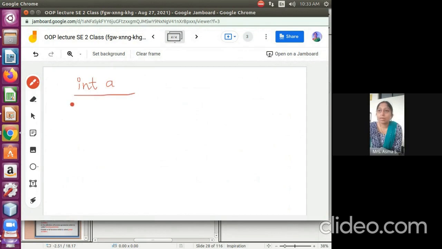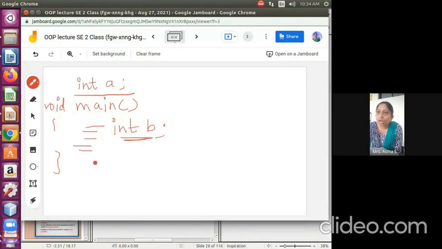If I declare this outside my main function, and whatever variables I declare inside, like I am writing here int b, this b is local to the main function.